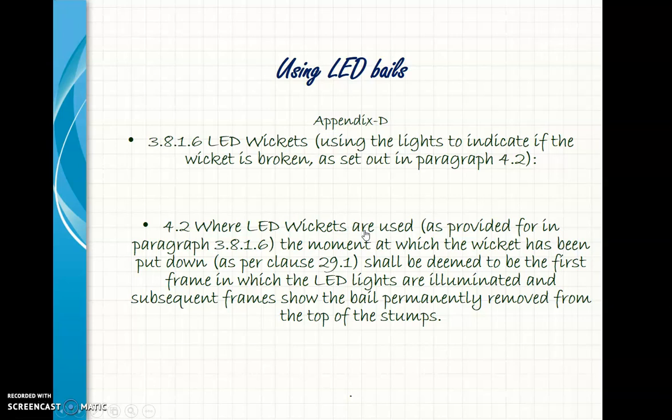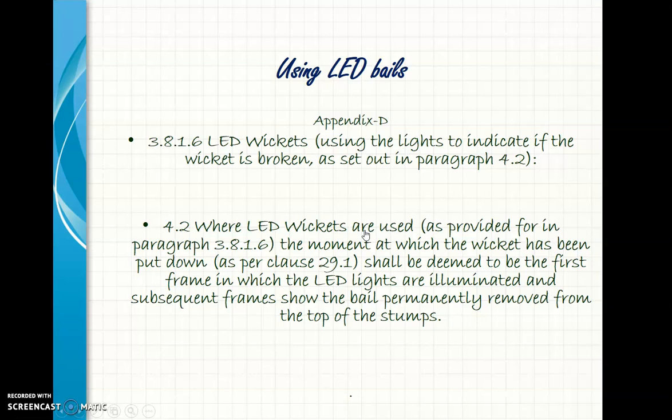It would just mean that the glowing of a light doesn't mean that the wicket is put down. The condition here also remains the same. The bail has to be out of the groove.